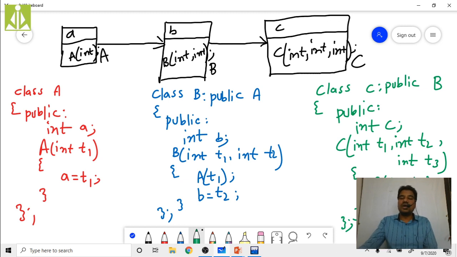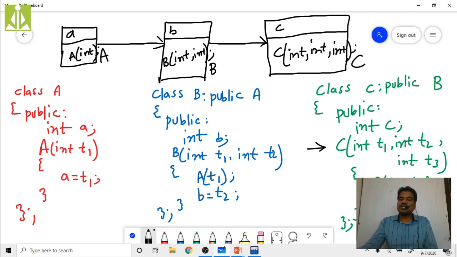Now when you create the object of this C class, what will happen? The control will come over here with T1, T2, T3. Next, it will call the B class constructor with T1 and T2.